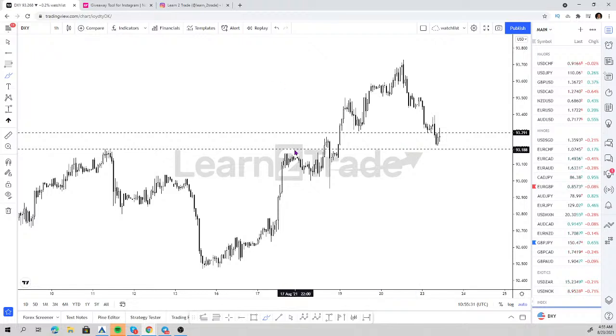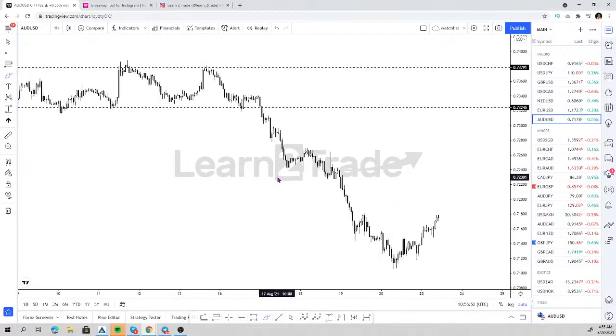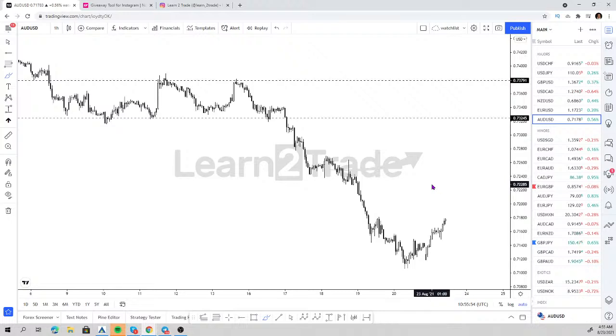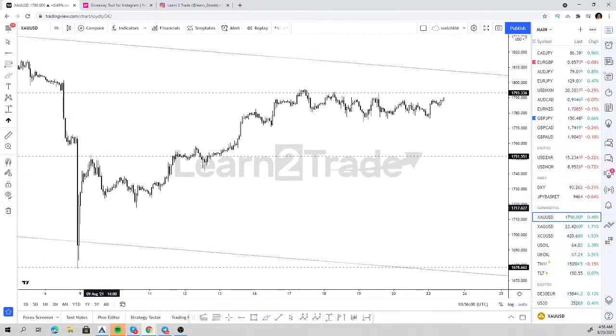First of all, you have to look at the market that you want to trade. Then go to the currency pairs to look for the best setup to, in this case, buy the US dollar. In the case of the Aussie, I don't trade the Aussie or the New Zealand dollar too much because I'm a US dollar trader, and I'm just not in front of my screens when the Asian session is happening.